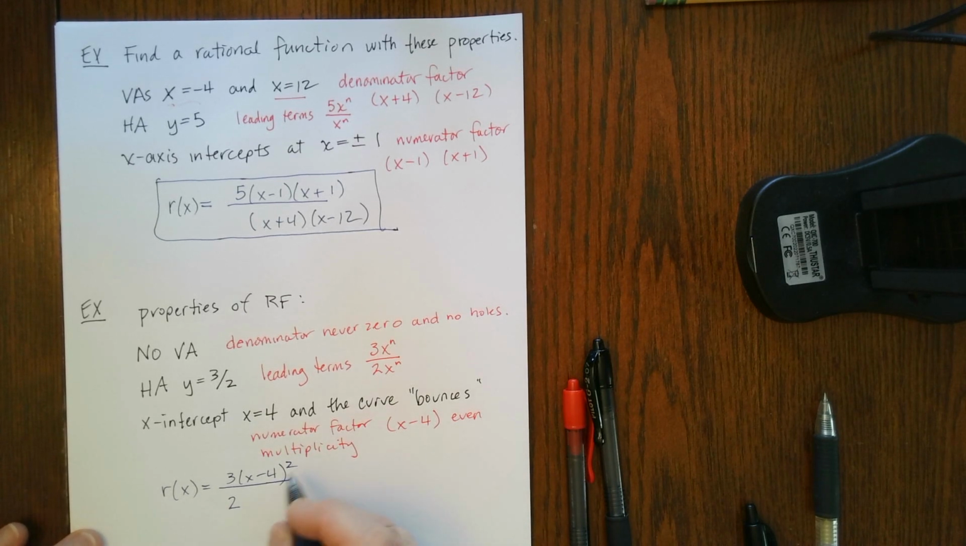So we could do 2x squared, but remember that the denominator is never 0. So for example, we could add 1 to that. So this rational function satisfies all of those properties. And if we drew the picture,